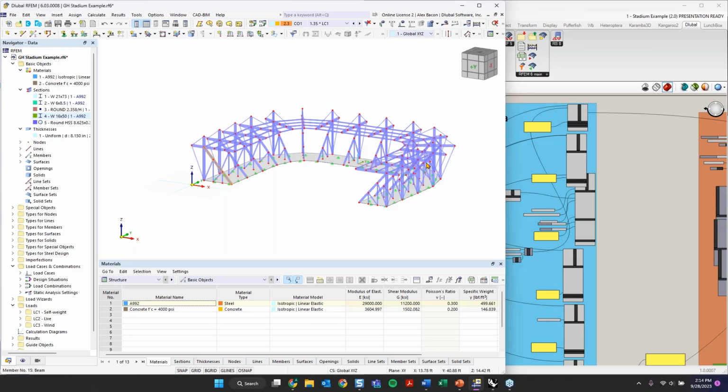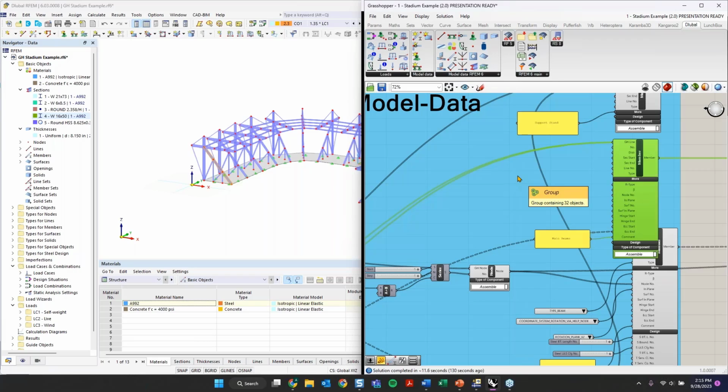And then now, of course, for the member component, I have to assign a section and a material, or actually just a section. And because I don't want to use the section components, I can use the index numbers instead,